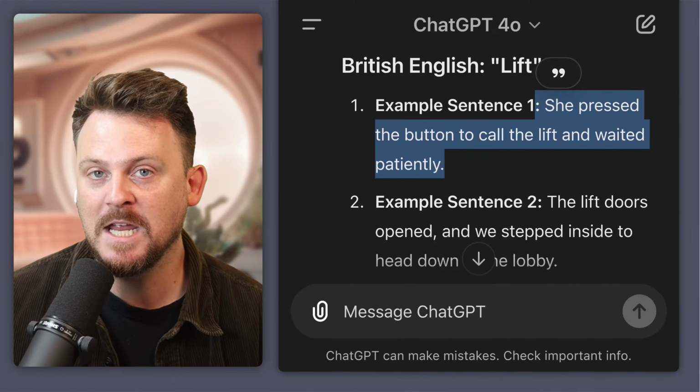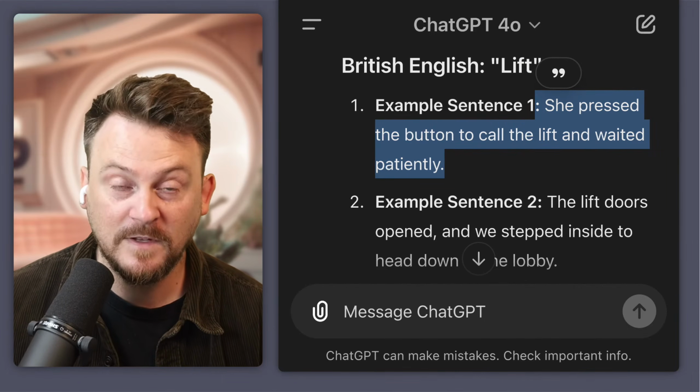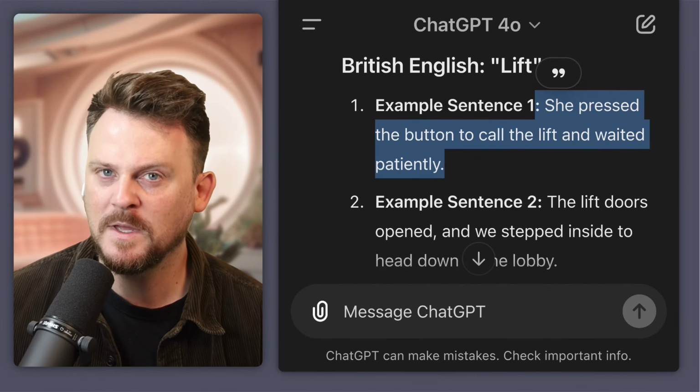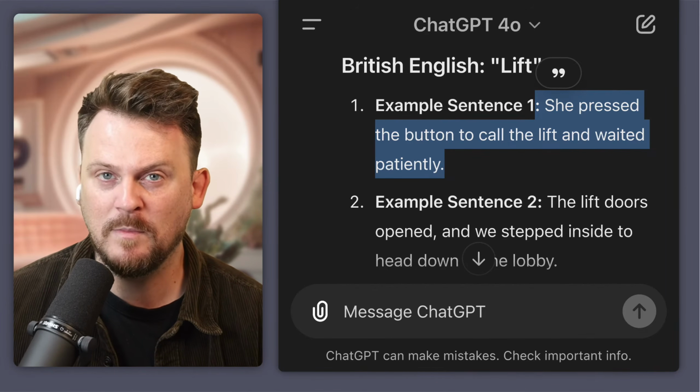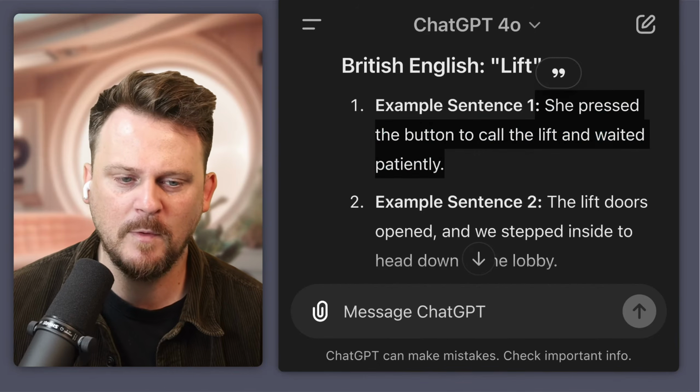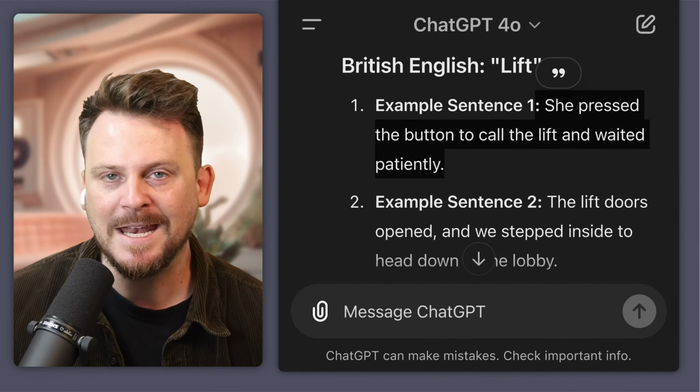Now, if you say lift in America, will people understand? Yeah. If you say elevator in the UK, will people understand? Yeah, absolutely. So people will still understand. Now, how about